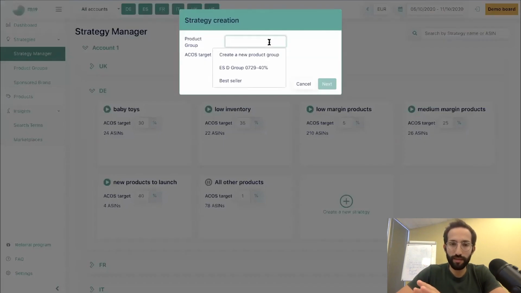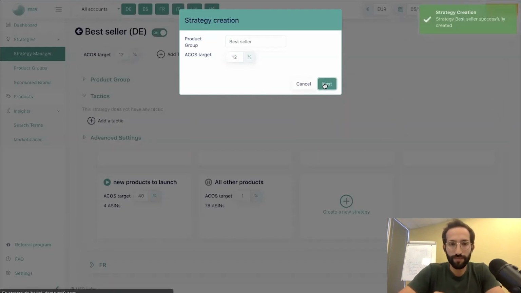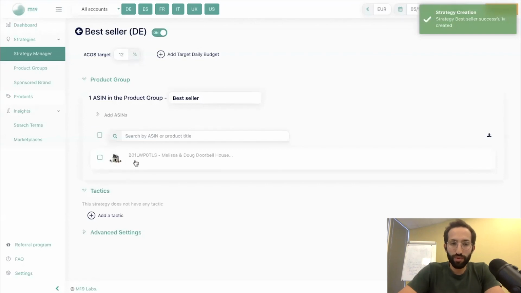You select a product group. For example, the one we just created, we called it bestseller. We did put only one ASIN in it. I select it. This is a bestseller. I don't need to invest a lot of money on it. So let's target 12% ACOS on it. Next. So now the tool created in Germany a strategy that will be sponsoring only this ASIN and trying to